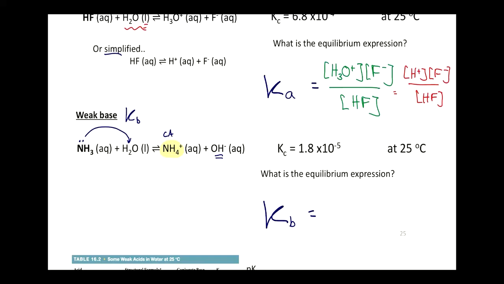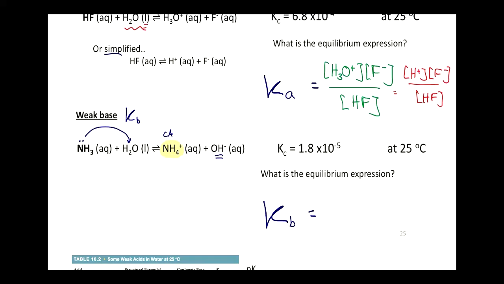So that is a weak base reaction. Any generic weak base will follow this exact same form. You take the weak base, you combine it with water. That base steals a proton from water, leaving behind hydroxide and the conjugate acid as your two products. So here, there's no other simplified way to write a weak base chemical reaction. So we can just go ahead and write this Kb